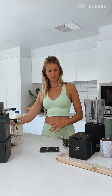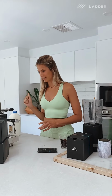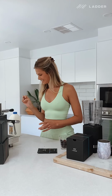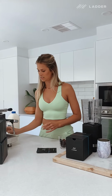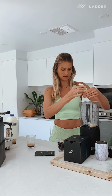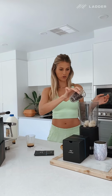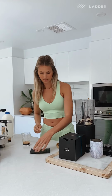So I'm going to start with the coffee shot. I've already prepped that. You can use whatever means of coffee you have accessible to you. I'm lucky I've got like a proper built-in espresso machine. So I'm going to do a short shot. I'm going to add my banana. My frozen blueberries. Then I'm going to add